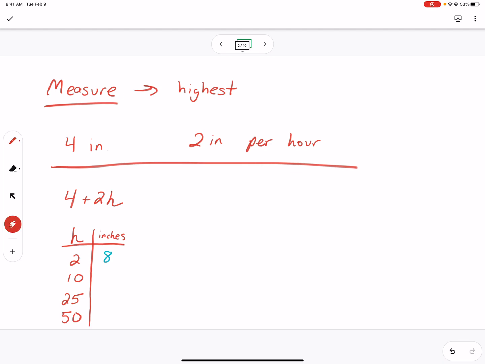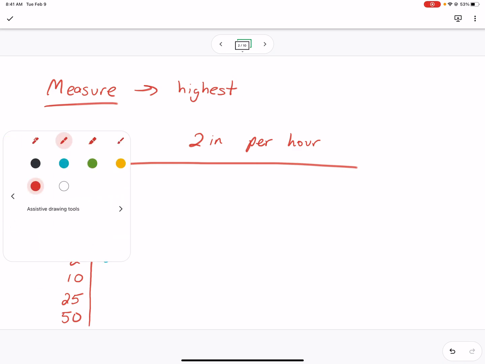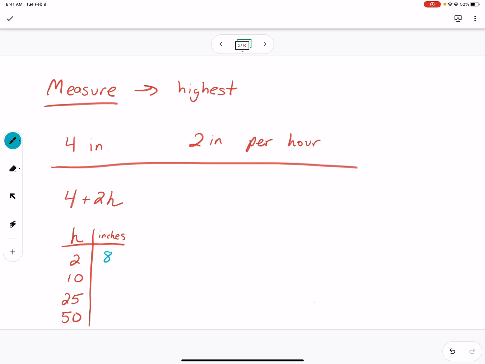So again, you're going to want to plug in this 10 here all the way up there. 25 all the way up there. 50 all the way up there. Now that's going to give us a huge number. Now there's other ways we could look at this. We could say, all right, there's 4 inches on the ground. It's going to snow 2 inches per hour over at, let's see, over at Ty's house. He ended up getting 10 inches of snow.